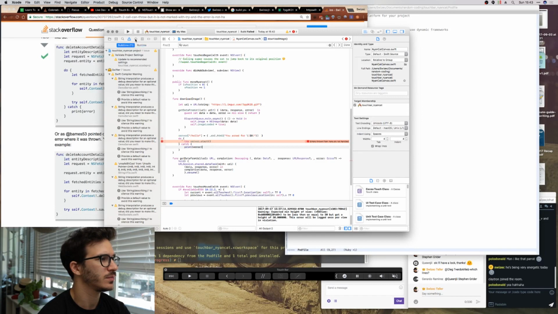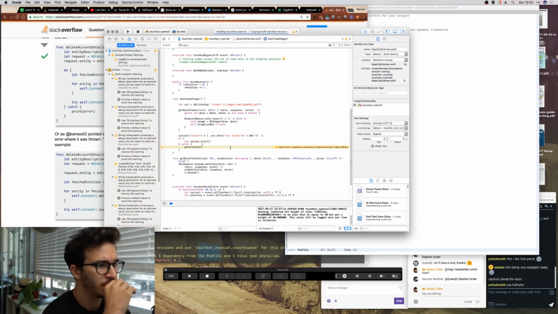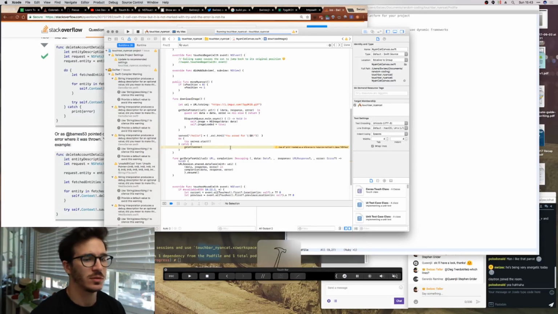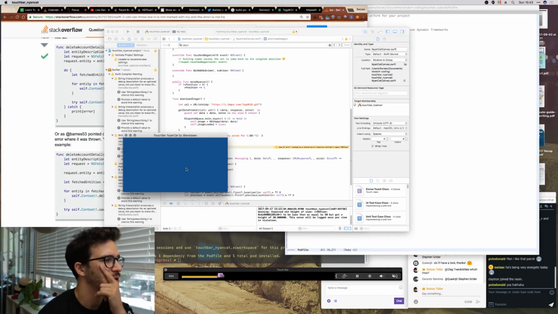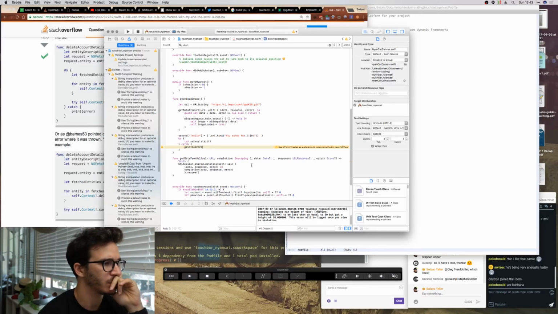Okay, now what happens? I have no idea what that linter warning means. Okay, so we now have the thing,